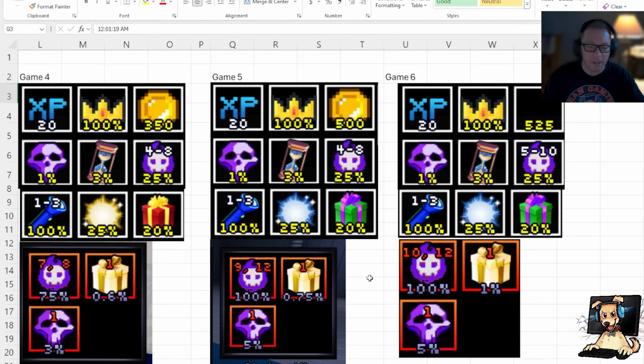And what I really like, not only is the Agony at 5%, so that's consistent with Game 5 Hell modifier, but take a look at the difference between the Game 5 Corrupted Present and the Game 6 Corrupted Present. It's a 0.25% increase, so it's a 1%. Now, is it that big of a difference? No, not really,